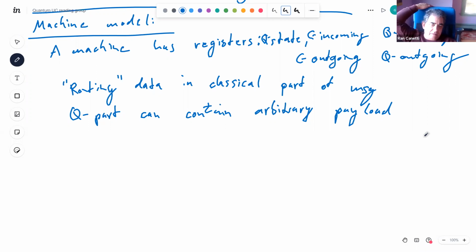So something that bothered me is, I talked about it maybe the first time. I don't know if you were around then, but the UC model sequentializes communication, right? So every step there's only one message being sent. And in the classical world, we justify it, kind of hand wave it, but it's a good hand wave.